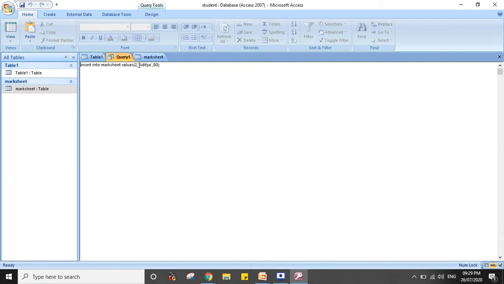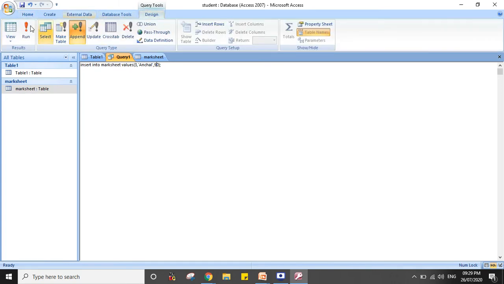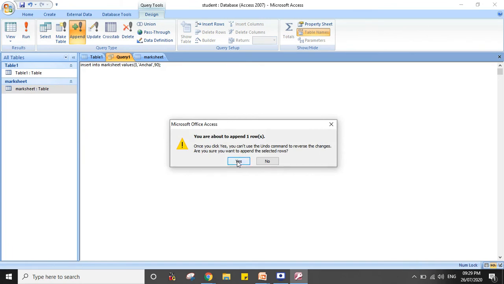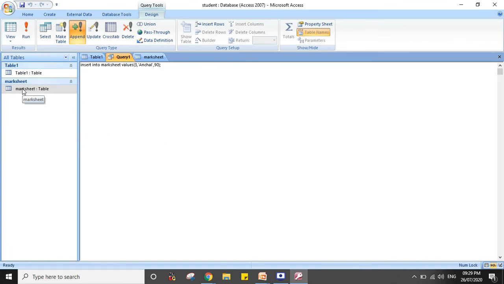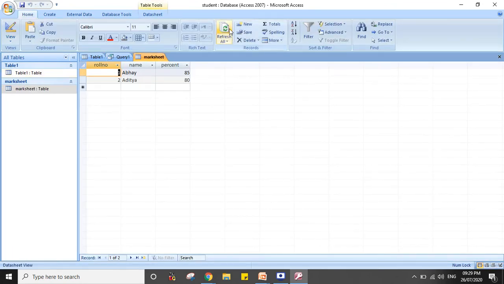Similarly, we can insert multiple records. Roll number 3, Anchal. Percentage is 90. Let's run this. See, 3 records have been inserted.